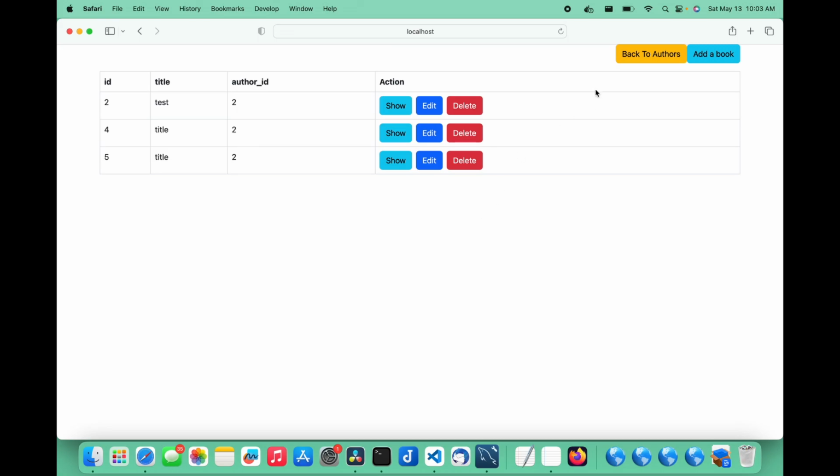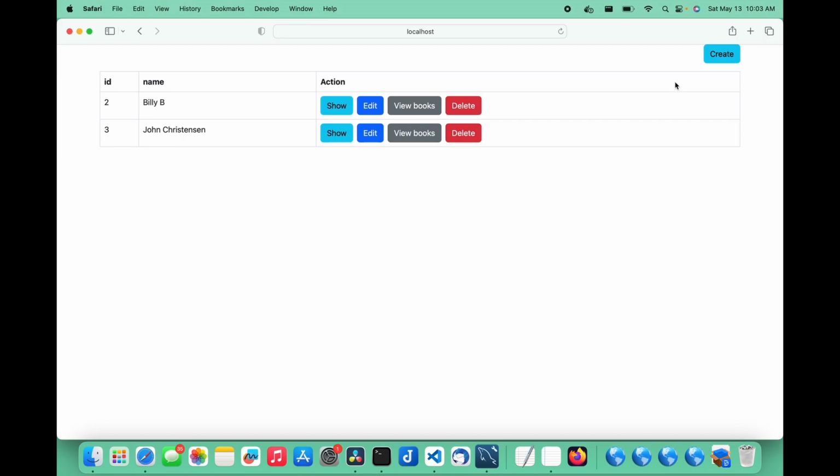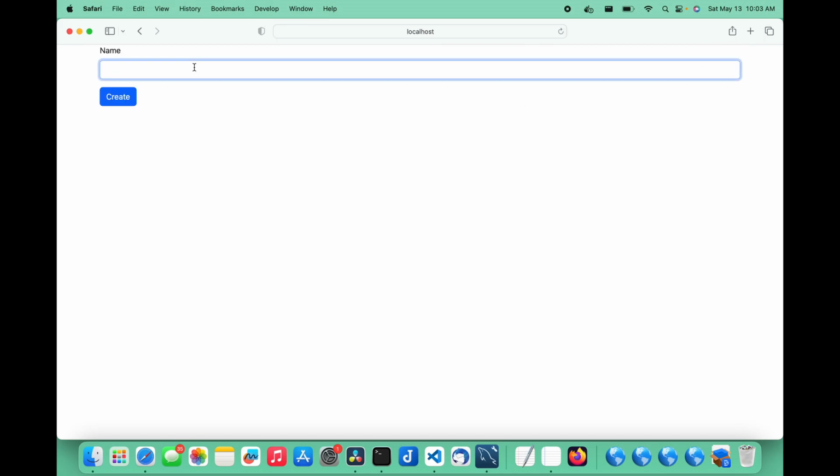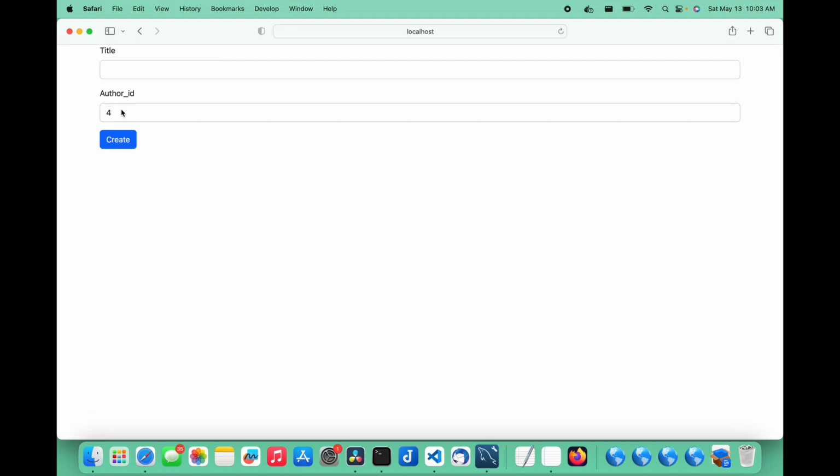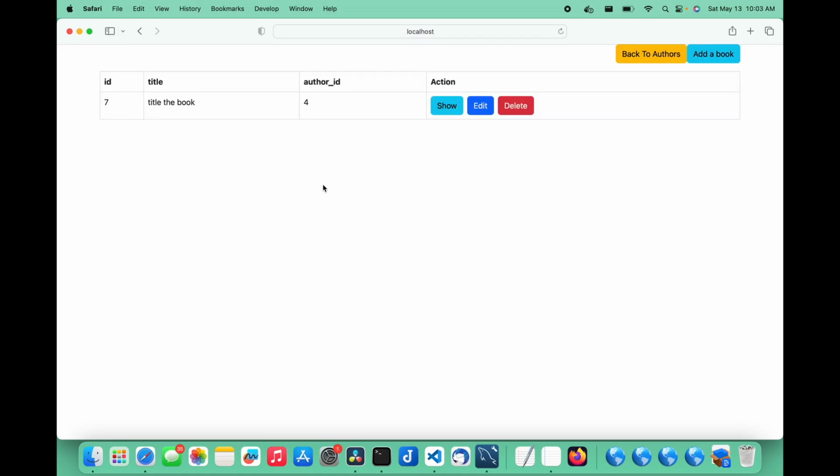You have the ability to add authors. You can create new authors. And you can go to the books page for that author. We can add a new book. It automatically sets up what the ID is for this author. We can title the book, and we can delete the book, we can edit the book,